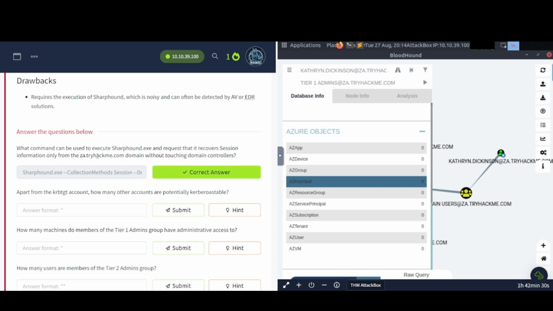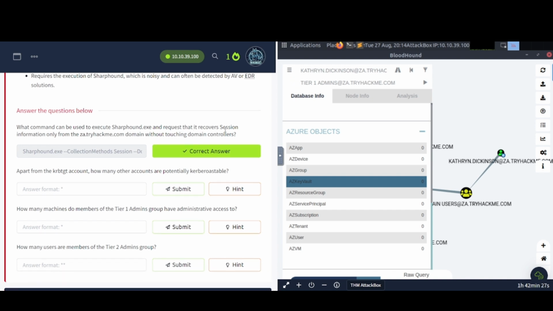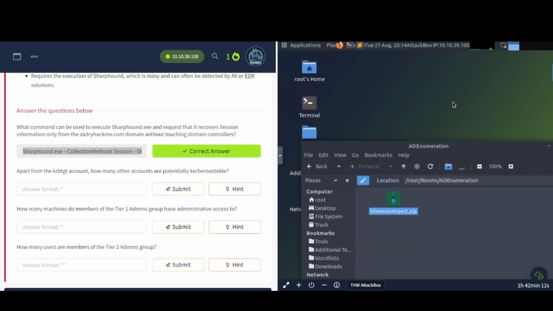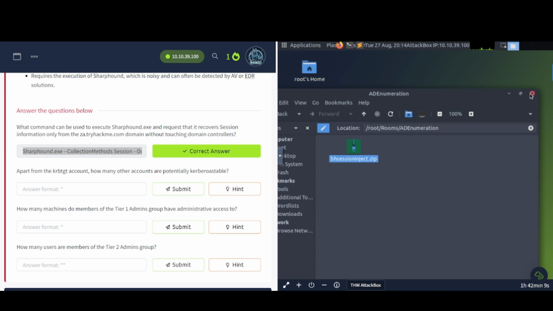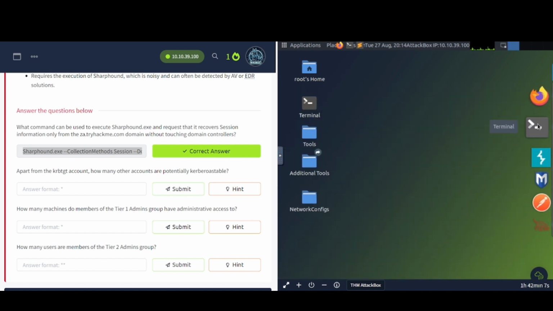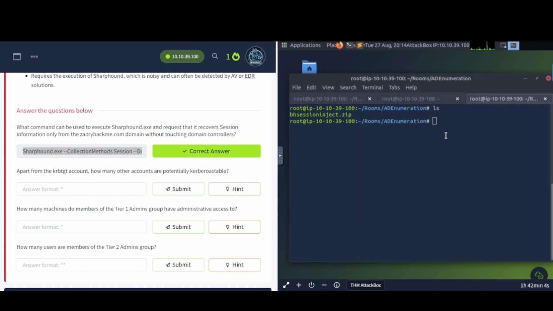What command can be used to execute SharpHound.exe and request that it recovers session information only from the za.tryhackme.com domain without touching domain controllers? All right, I've already done this, so this is what it's going to look like here. Let me just go ahead and minimize this, and we don't need this anymore. Let's go over here, and this is what it looks like. So we've got SharpHound.exe --CollectionMethods Session --Domain, then a domain name,